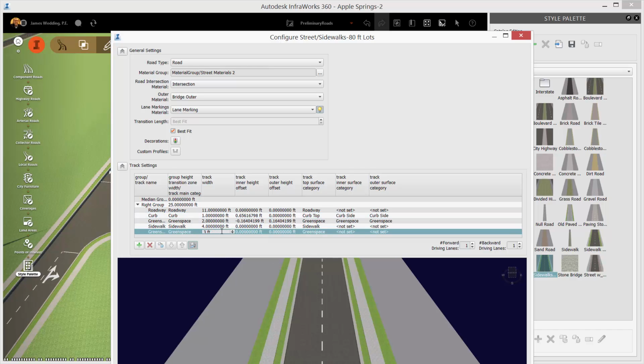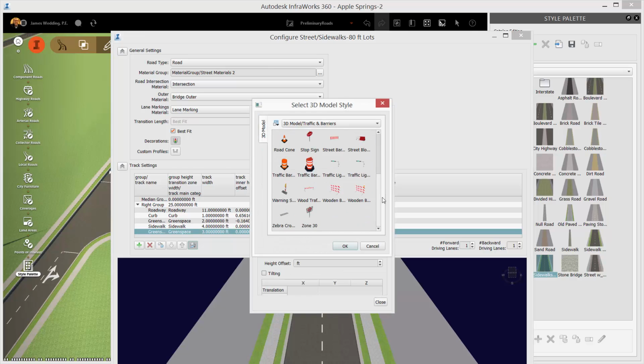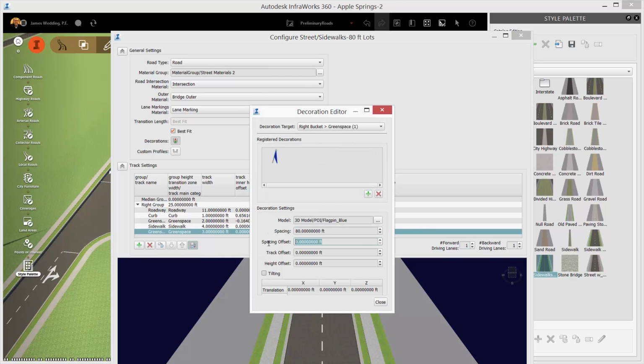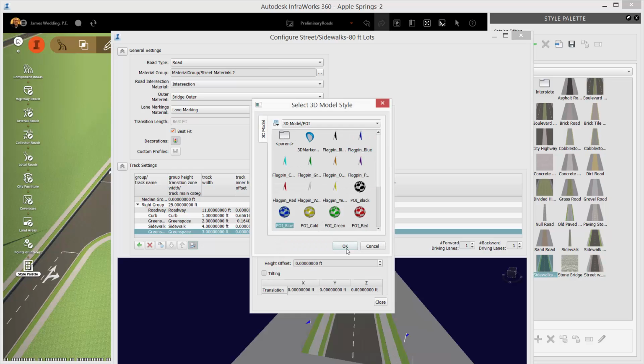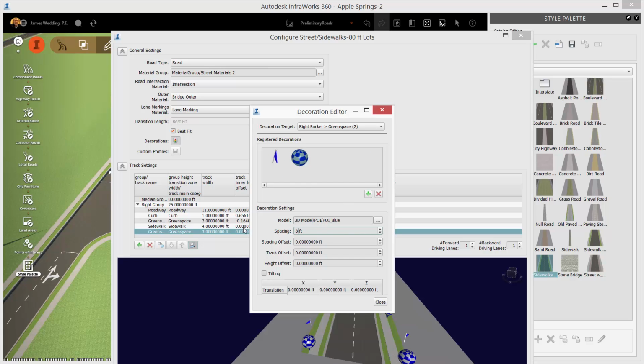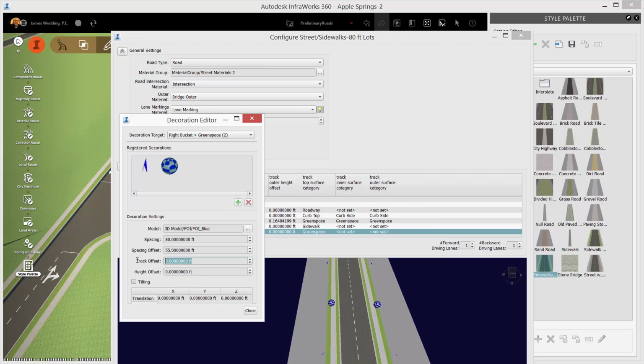sidewalk. Next, I'll open the decoration dialog and add in a flag to help me understand where lot corners might fall, and a blue balloon to help me see potential house locations. Use the spacing and offset values in the decoration dialog to control the relative placement of these 3D objects in comparison to the road centerline. Now, close out the dialog box and we can use this style in our subdivision to help understand our design